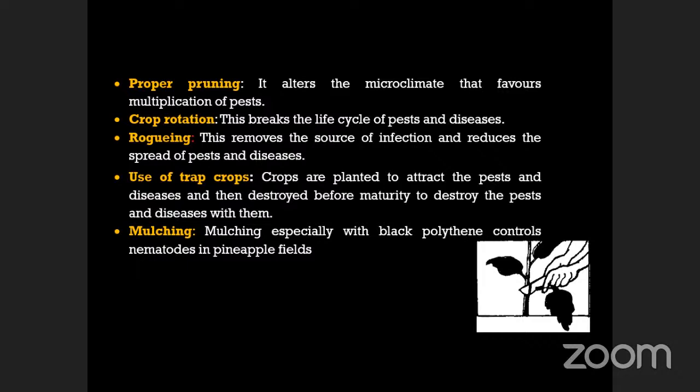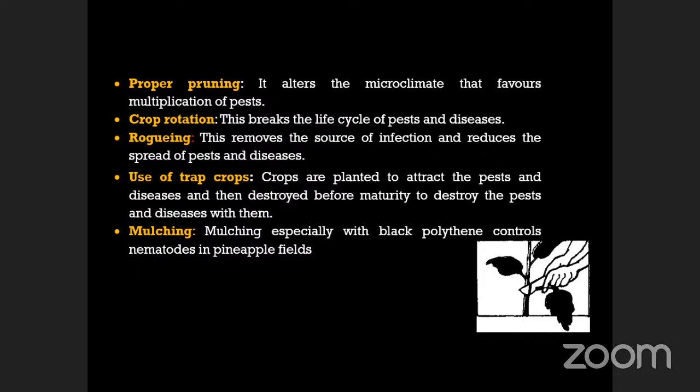And then the other is use of trap crops. When you get a site where you're going to plant your crops, don't plant the main crop first. First plant the trap crops. If you are going to plant millet, first plant sorghum, such that when the pests come, they will come and destroy all the sorghum which you have planted, and you remove and burn. You have already captured them. When you burn and destroy, it means that by the time you plant your millet, the pests will be no more.